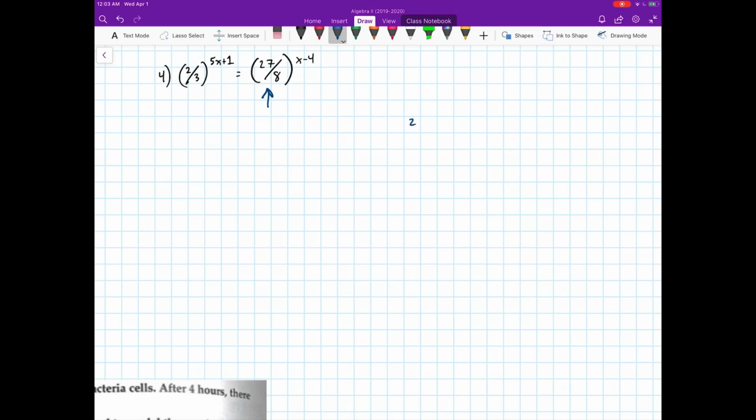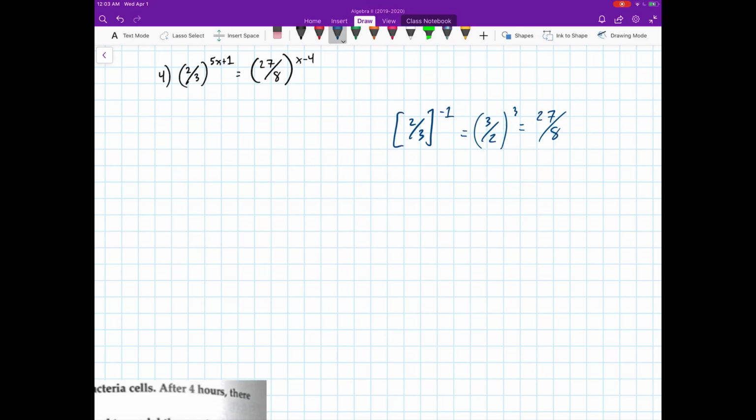So I'm going to write 2/3 and ask myself, how do I make 2/3 into 27/8? How do I make it into that number? The first thing I'm going to have to do is raise it to a negative 1, and that'll make it, right, 3/2. And then what I would do to that, right, is I would raise each of these to the third power, and that's going to get me